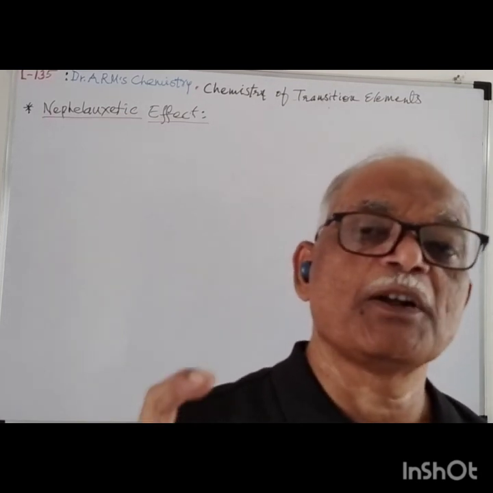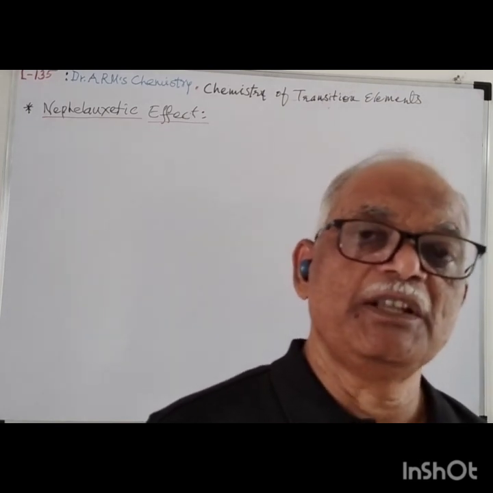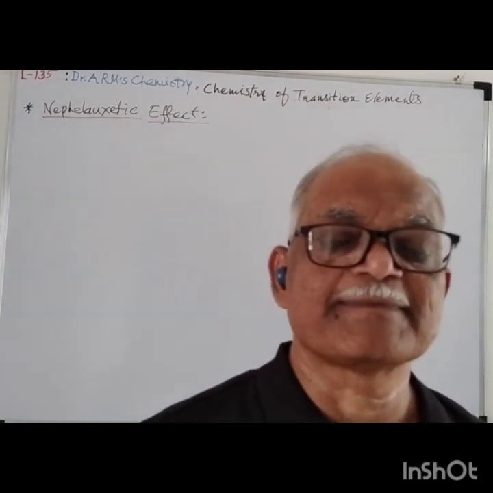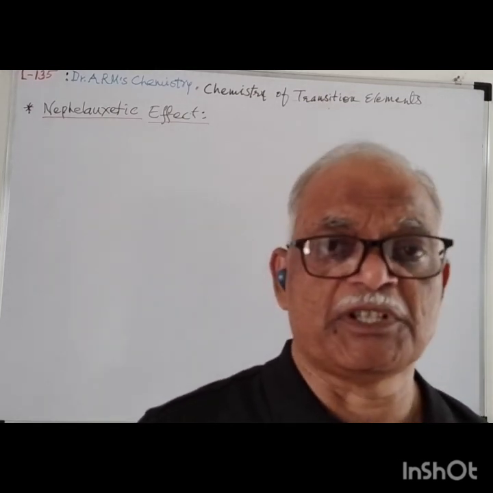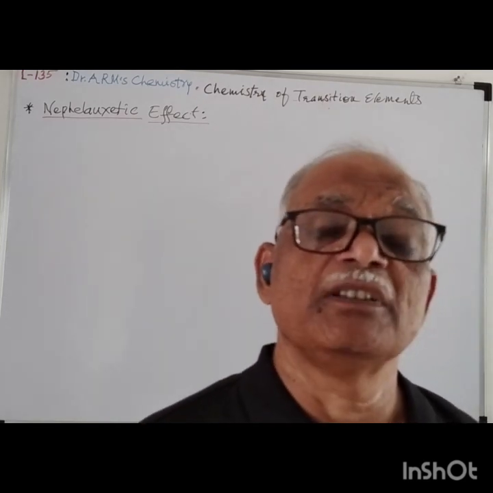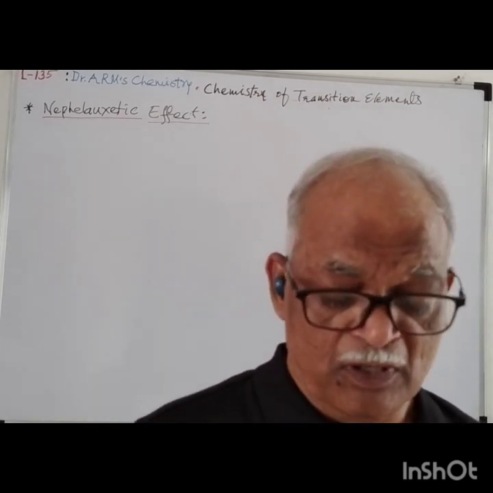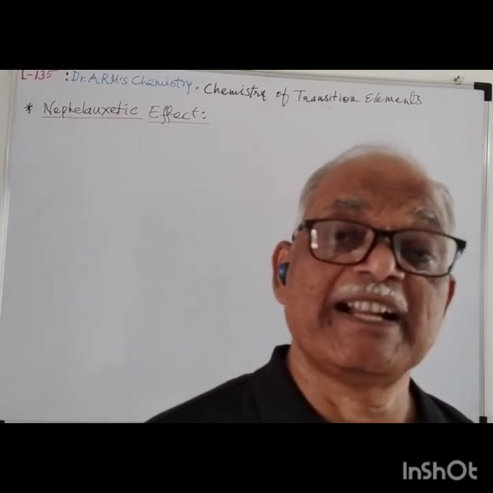So the force required for pairing of electrons in this larger space is less than it is in the isolated gaseous metal ion. This effect is called the Nephelauxetic effect,